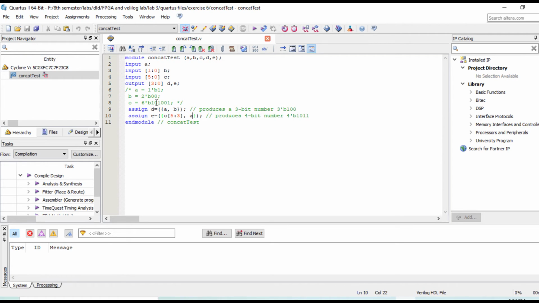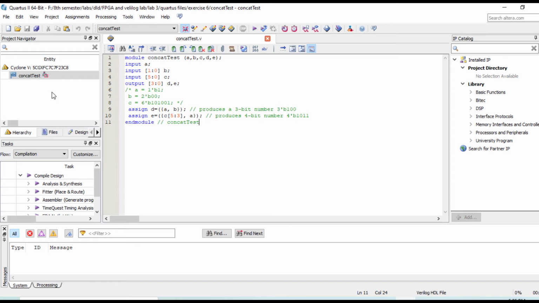Bits 3 to 5 value is 101. So c concatenated with a gives 101, and the value of a is only 1, so it will concatenate in this form. Here you can see end module test.